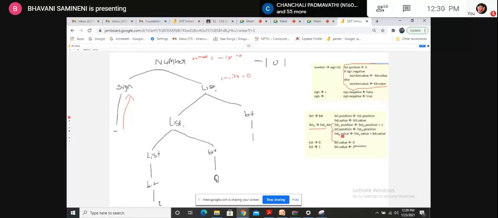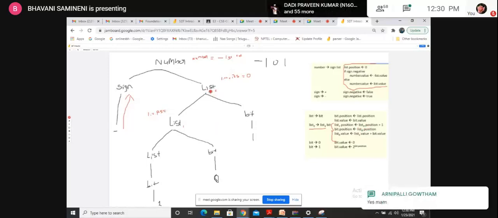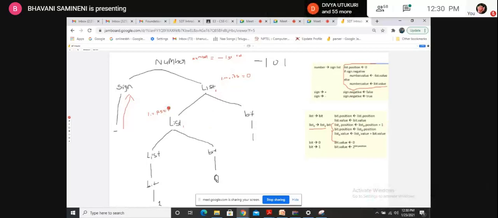List dot position means this list. List dot position is equal to list 0 dot position. List 0 is this one, right? So what is the list 0 dot position? 0. Okay. So this 0 plus 1.